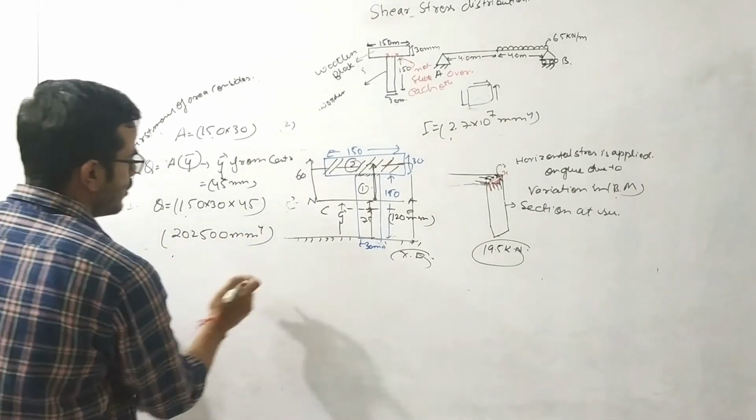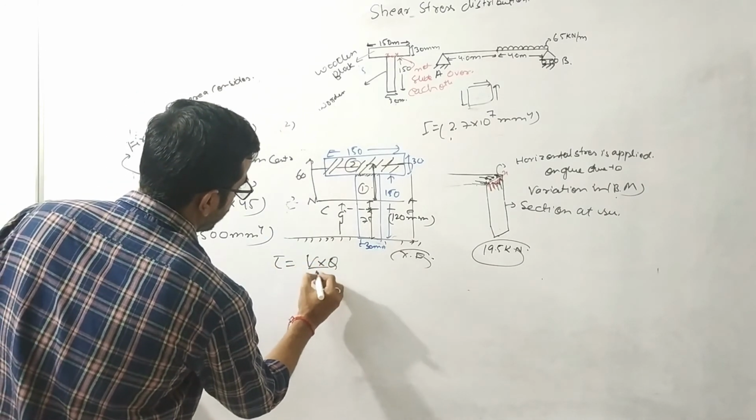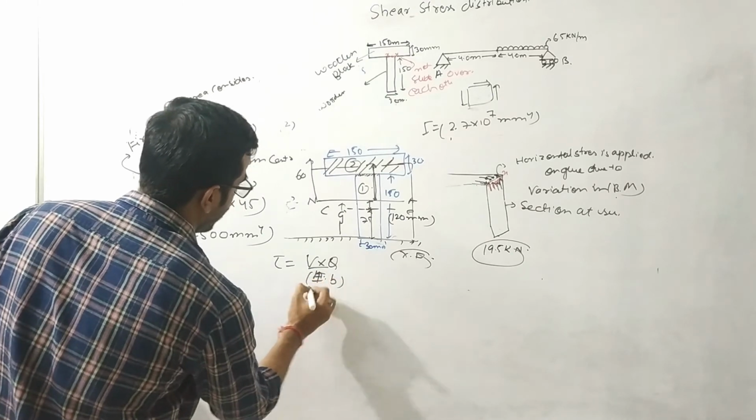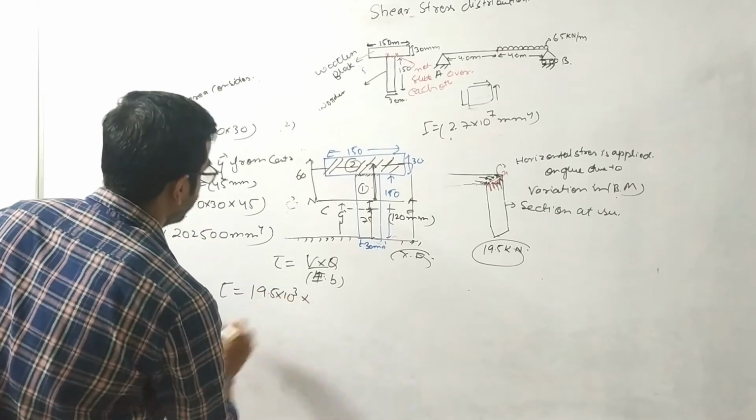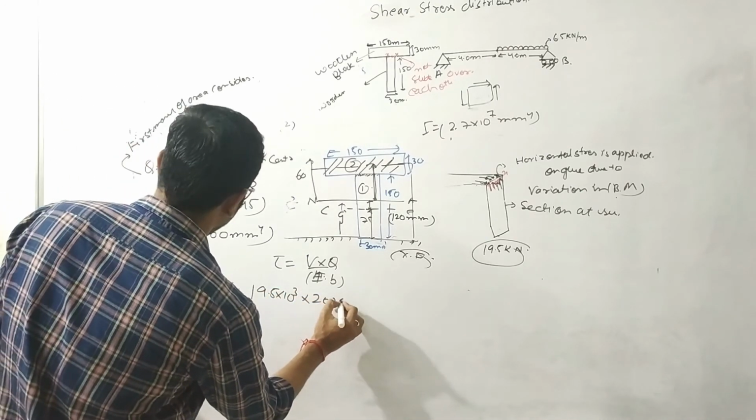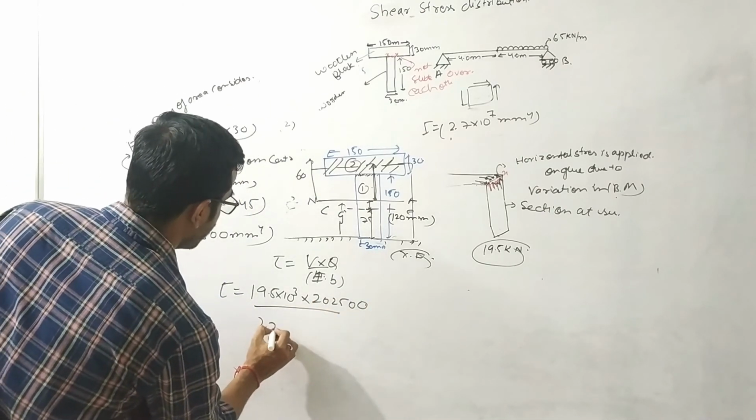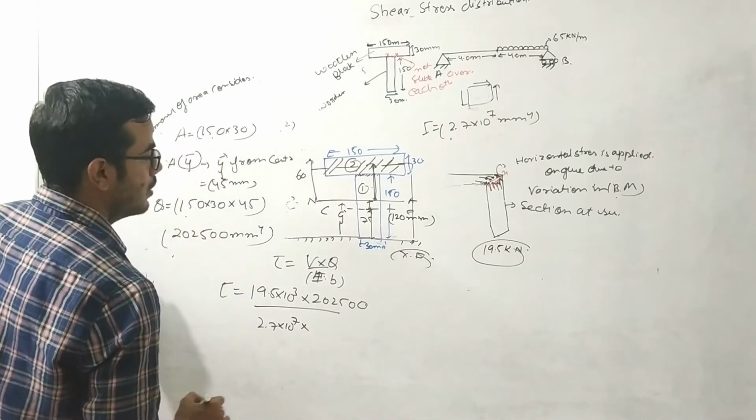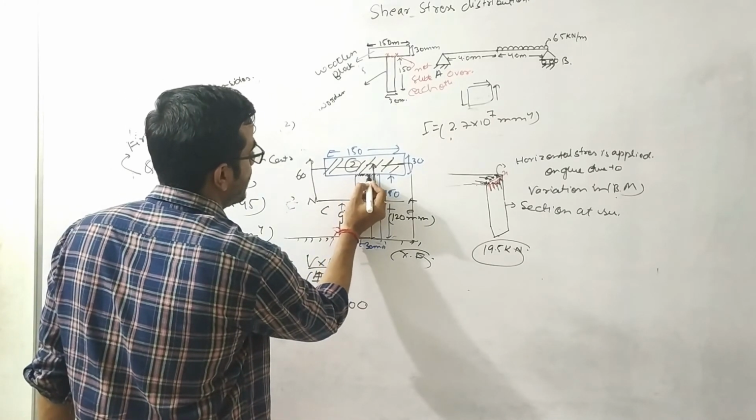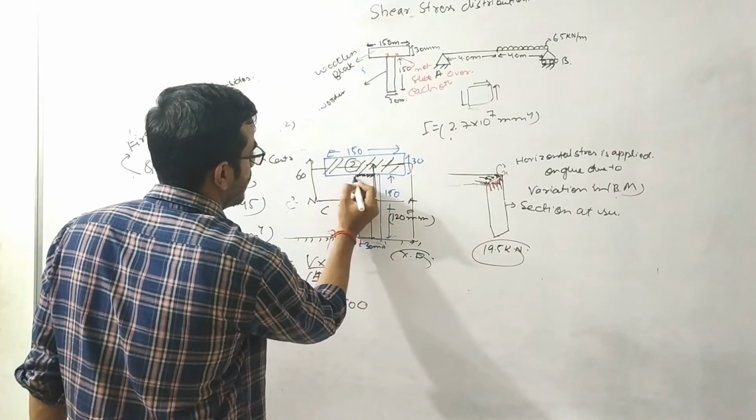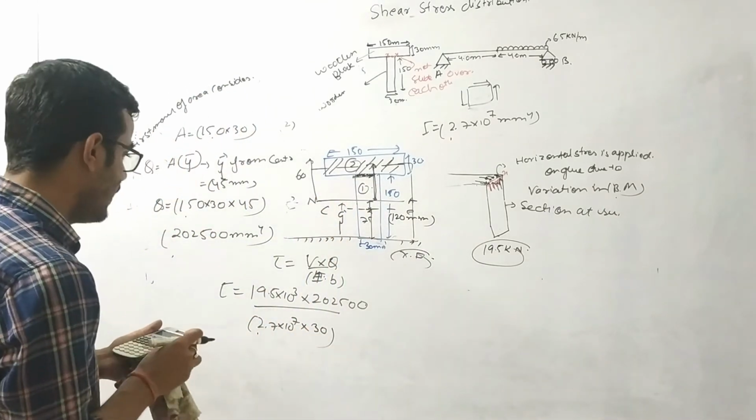Now I'll put the values in the formula. Tau equals V into Q over I into b. What is my V? V is 19.5 into 10 to the power 3 newton. Q is 202500, and I is 2.7 into 10 to the power 7, into b. For the b, I need to consider this b, because the glue is applied over this portion only. So b will be 30 mm. So if I solve this,